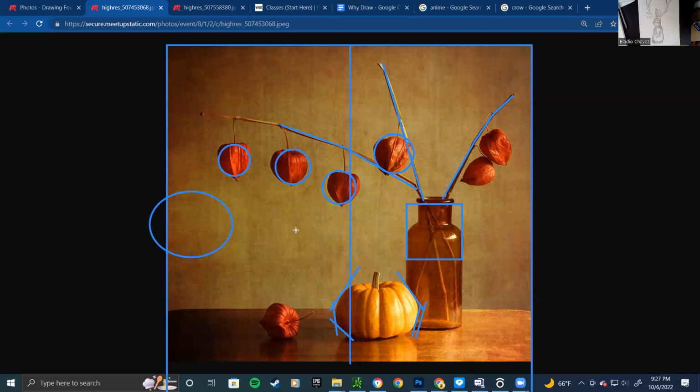All right, let's do this. So pretty simple composition, pretty simple shapes. The complexity, the hard part is the